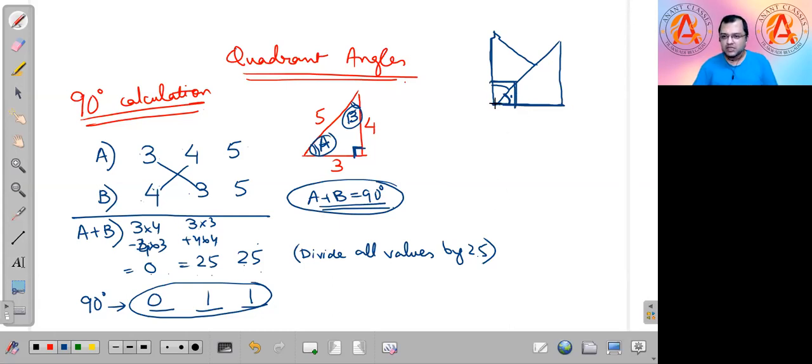So if this total is 90 degree, then what it means is basically it is nothing but a perpendicular line. It is not possible to form a triangle with 90 and 90, 180. Not possible. It's a perpendicular line. So its base is nothing. That's why it is 0. It has a height of 1, and that is its hypotenuse also. The perpendicular itself is like hypotenuse, that is 1. So I will plot it on a coordinate, then you will get it.